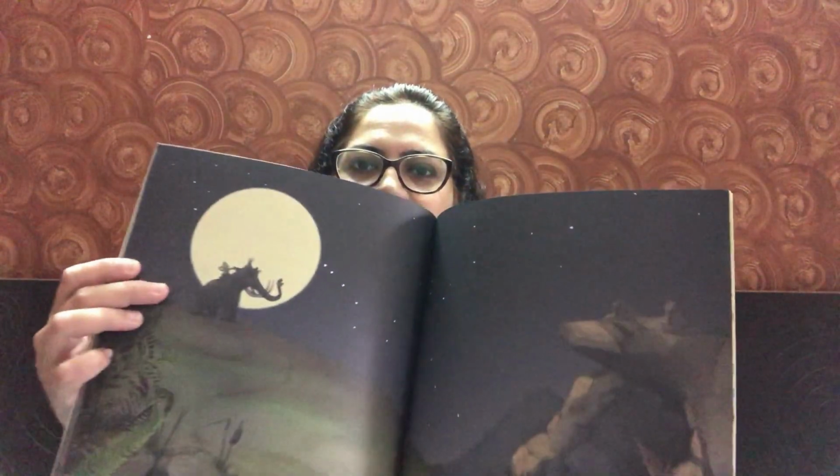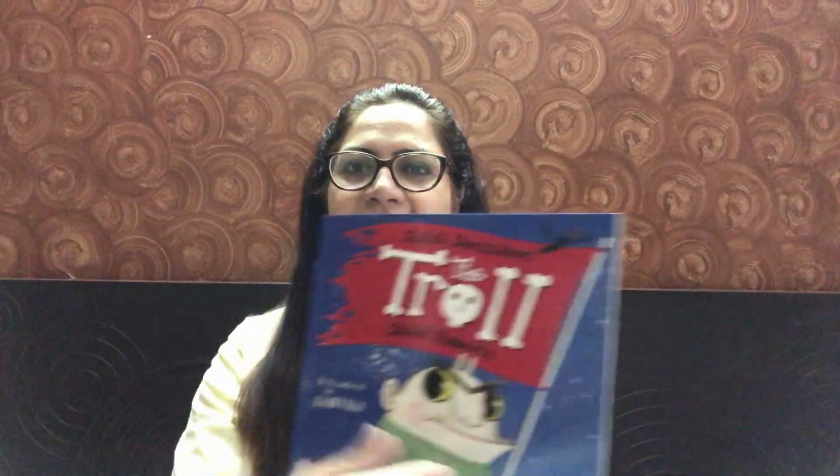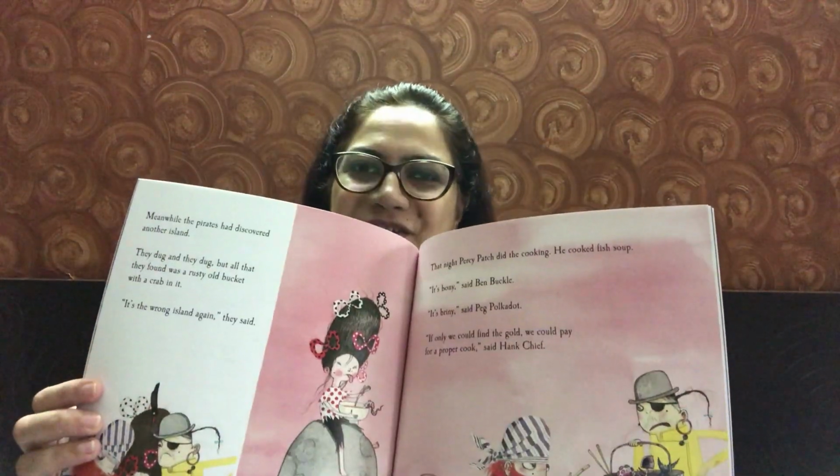how it all looks. If your child develops interest in reading, there's nothing better, because reading has so many benefits for a child's brain development and overall personality for that matter. This is another one, The Troll, and different kinds of characters. There are animal characters, there are imaginary characters, there are different characters in this book, which makes this collection even